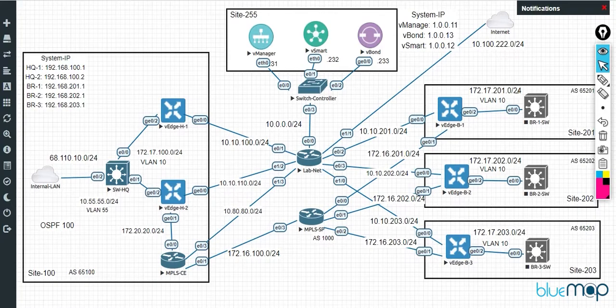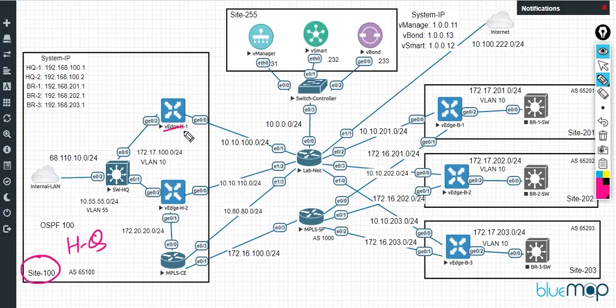The topic for today's video is designing and implementing a hub and spoke network topology in my SD-WAN scenario. So before we start doing that, let me give you an overview of what this lab is and how the connectivity has been done. So I have my site 100, which is acting as my headquarters or my main office.